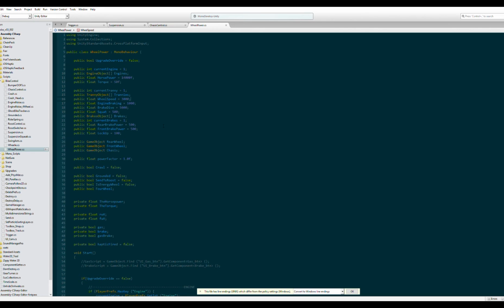But this time I decided I'm going to solve all the stuff that doesn't work. So the wheel speed was one of those big changes that I did. The wheel speed is capping how fast the wheel turns. It's that simple. And when you're playing the game with the upgrades, you can see